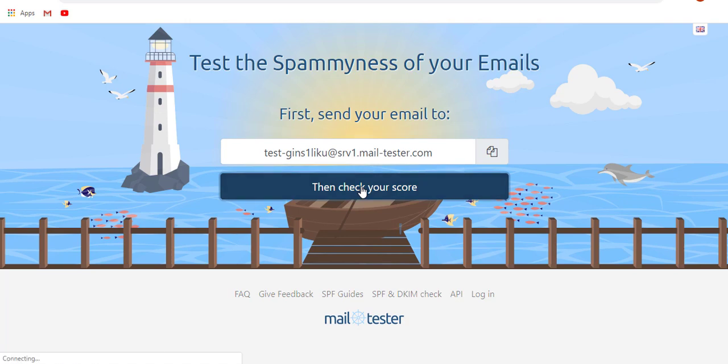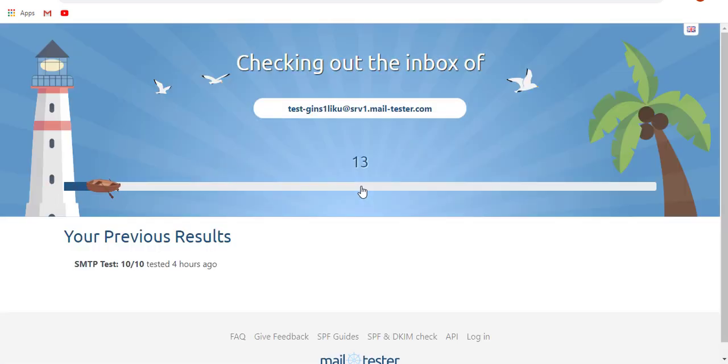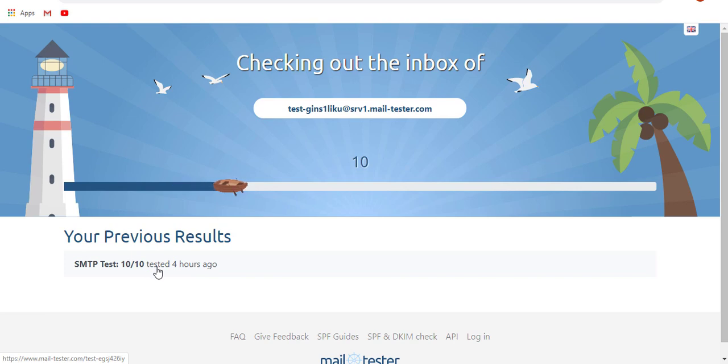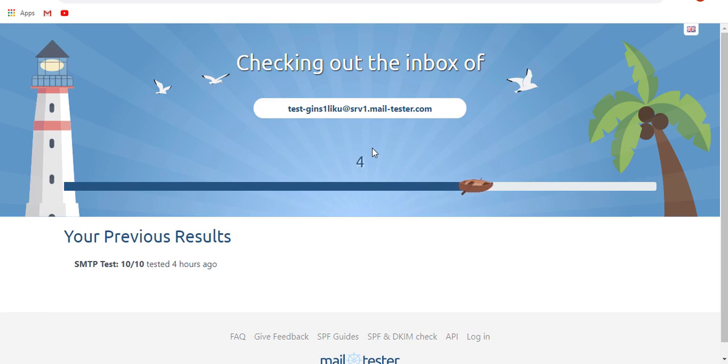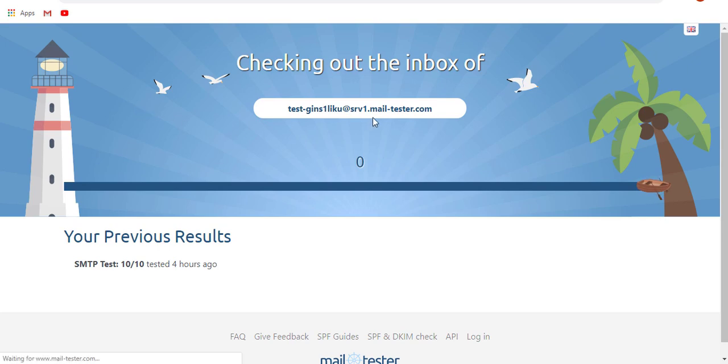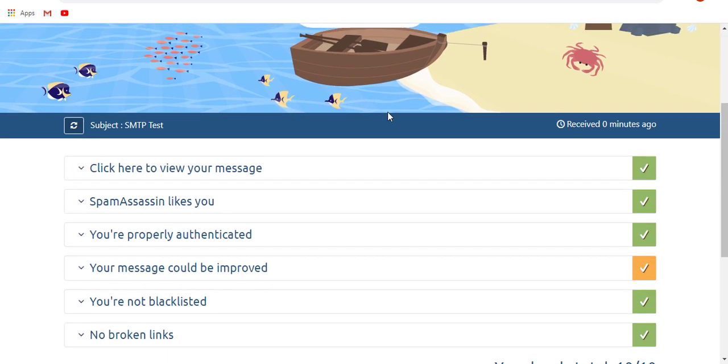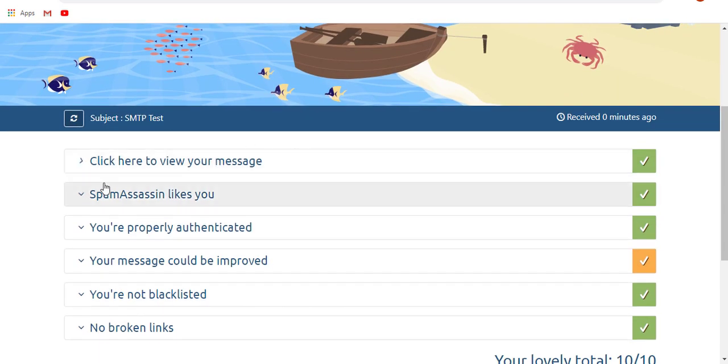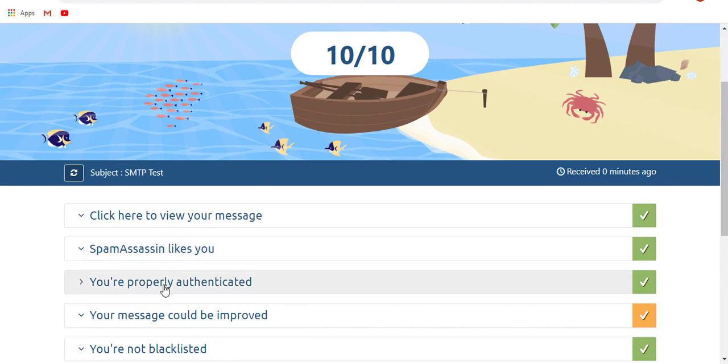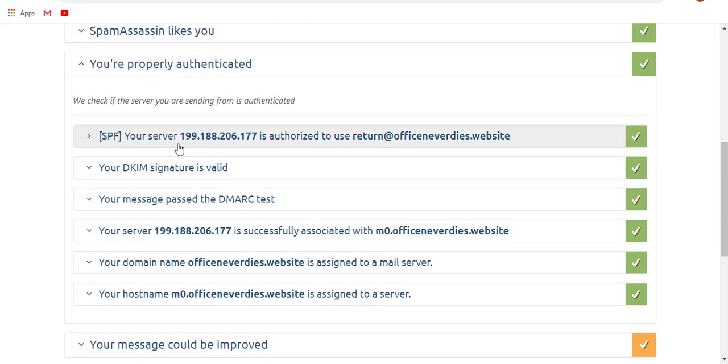So we can check the mail sender score here also. Actually, I tested it 4 hours ago, but during this video I'm testing it again, and I hope that everything will be fine. So here comes a 10 out of 10 score, and the main part that you have to look at is this section. You are properly authenticated, and we see that server SPF records are okay,